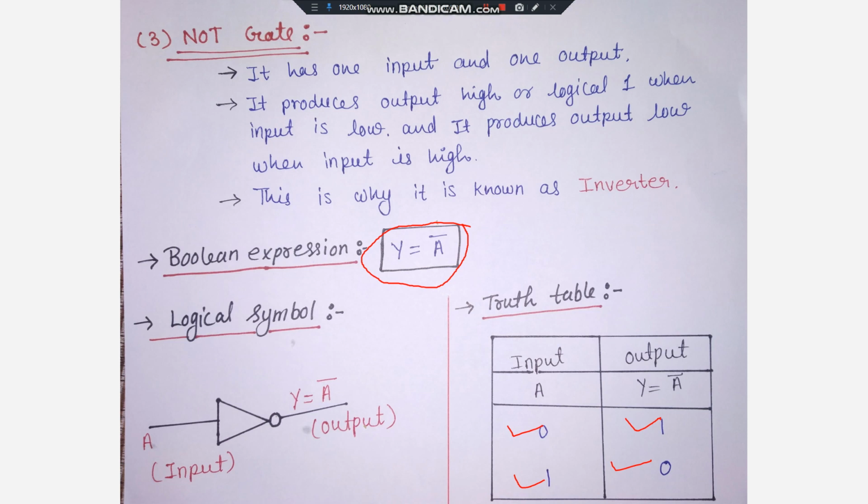If we have input 1, we'll get output 0, that is low. If we have input high, then output we will get low, and if we have low input, then we will get output high. Means like this we will get the inverted form. So I hope you have understood AND gate, OR gate and NOT gate. These are the basic types of gates. Logic gates के basic types है. ओके अब आपसे किसी ने पूछा बेसिक टाइप्स क्या होते हैं, तो एंड गेट, ऑर गेट एंड नॉट गेट. आई होप ऑल दिस थिंग्स आर वेरी वेरी क्लियर टू यू.